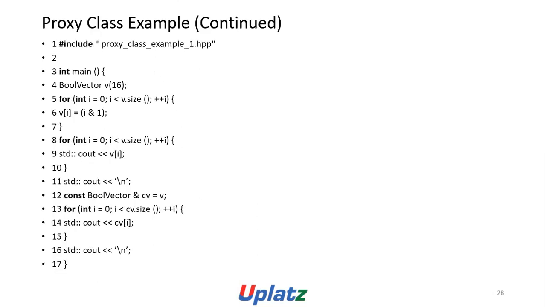Proxy class example: include proxy_class_example_1.hpp. int main() { BoolVector v(16); for (int i = 0; i < v.size(); ++i) v[i] = i & 1; for (int i = 0; i < v.size(); ++i) std::cout << v[i]; std::cout << "\n"; const BoolVector& cv = v; for (int i = 0; i < cv.size(); ++i) std::cout << cv[i]; std::cout << "\n"; }